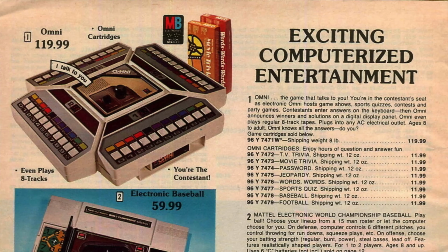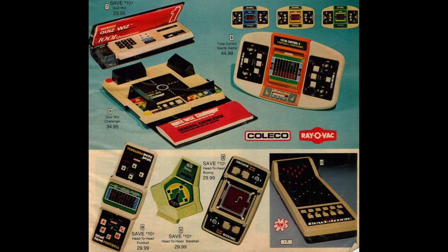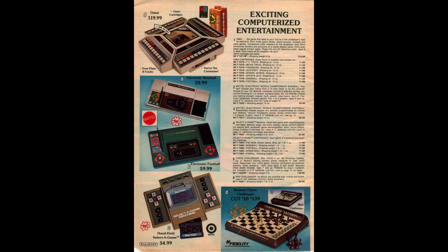At the time the OMNI was released, it cost $119.99. I've got a page out of the Sears catalogue here. You can also see on the right how much the additional cartridges cost, $11.99. Now, if we look at the other things that are in the catalogue at the same time, you can see the rest of the games are quite basic, LED-based electronic games. There was a chess set there as well, which cost a little bit more than the OMNI, but let's go back to that price again,